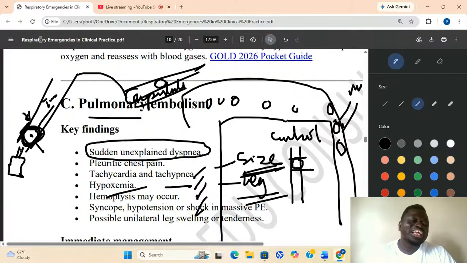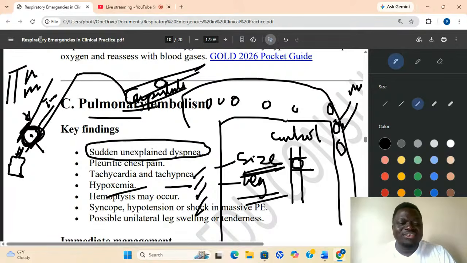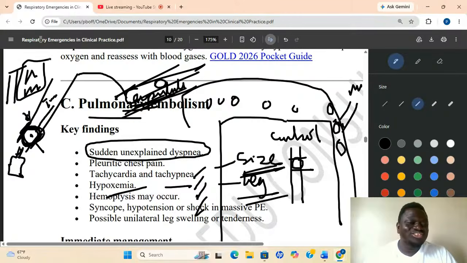So you think you are giving, oh, you went to hang antibiotic, you went to hang IV fluid. You hang the IV fluid, within a few minutes the patient is complaining, I can't breathe, I can't breathe, I can't breathe. You think the patient is reacting. It's not reacting to the medication. You have changed the situation of this clot to this.